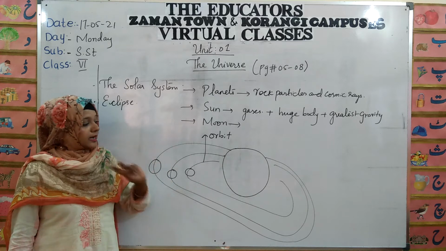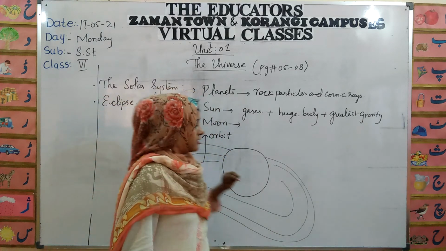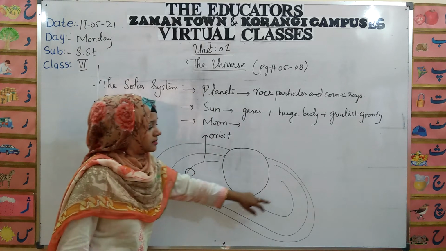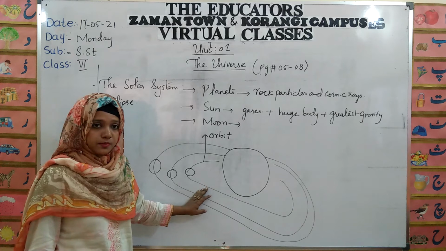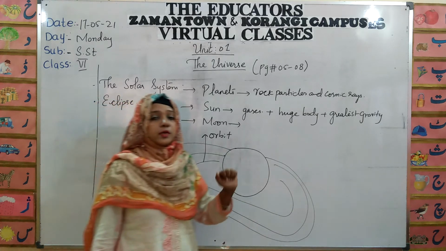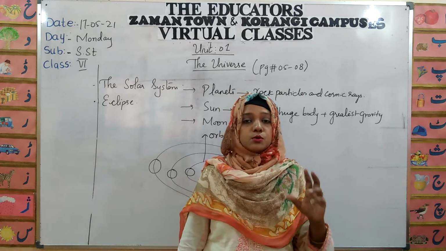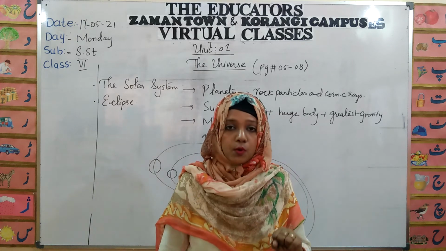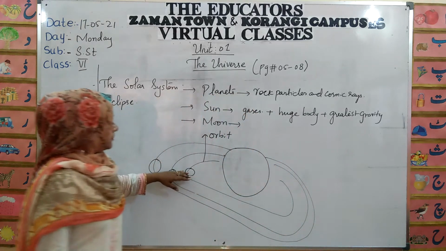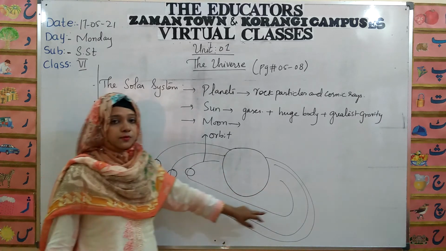Right? And the second interesting question arises here as well: why are these planets continuously moving? Why aren't they stopped? They are continuously moving just because of the absence of air. As there is no air in space, the absence of air resistance allows the planets to move continuously in their respective orbits.